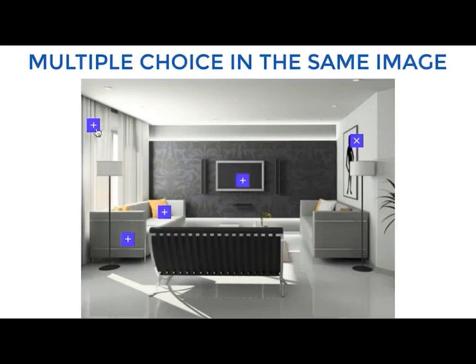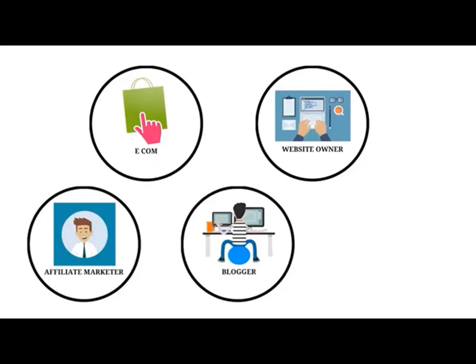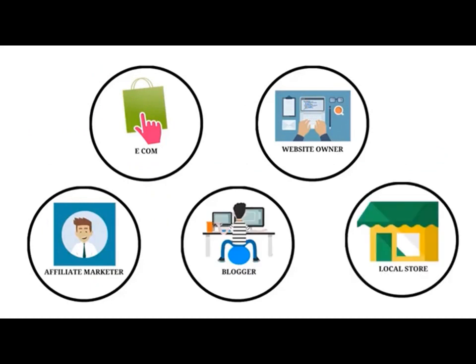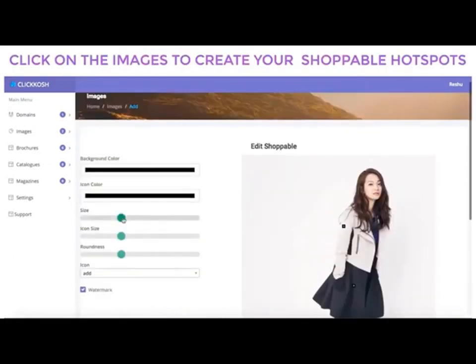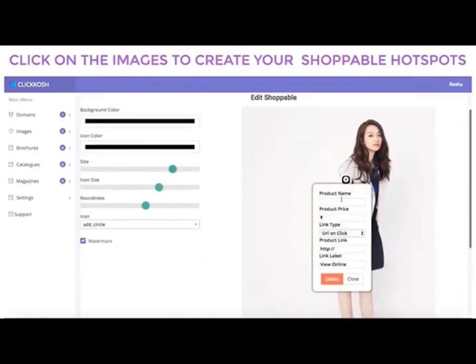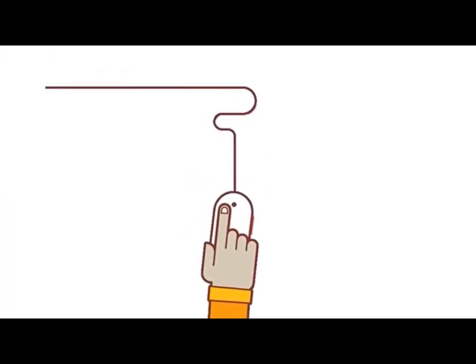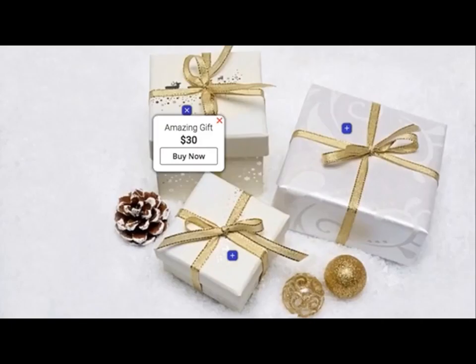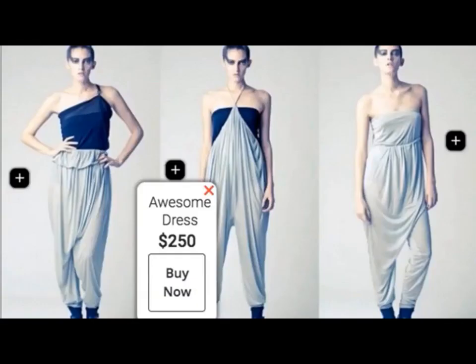You can even have multiple choices on the same image for an exciting, interactive experience. Our point-and-click dashboard makes it super easy to create magical campaigns for any product or service that you sell. All you have to do is just log into the dashboard, upload an image, click on the images to create your shoppable hotspots, and you are done. With just a few clicks in under 1 minute, you can build your profit-pulling, interactive hotspot visual campaign that is